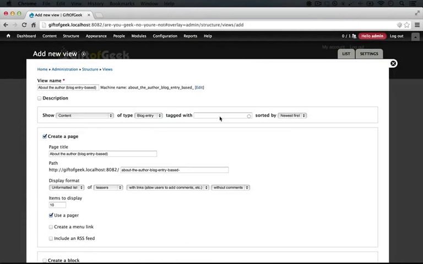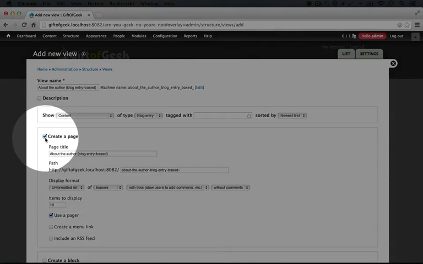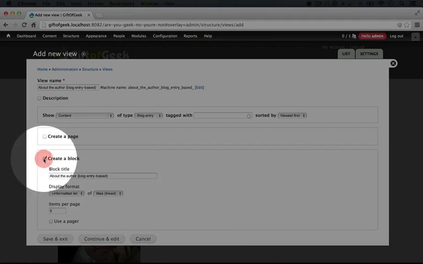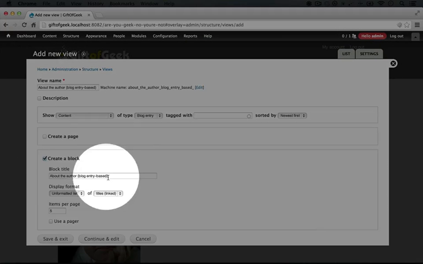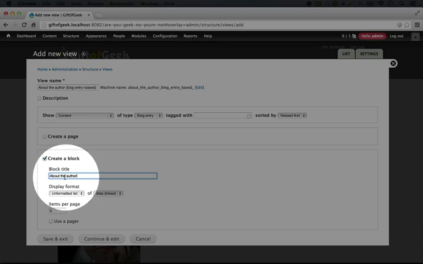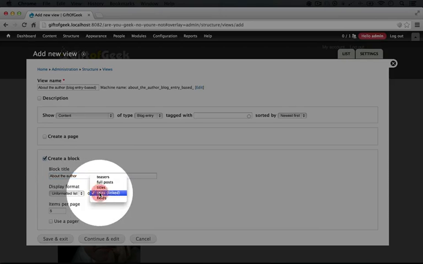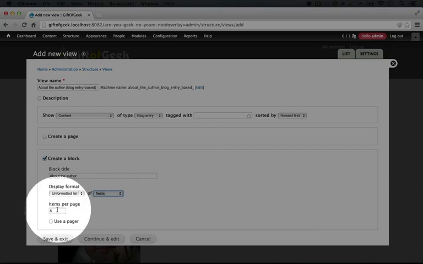There's only going to be one piece of information, so we don't need to worry about sorted by. And this is going to be a block, so we can uncheck create a page and check create a block. We're going to name this block about the author and remove this blog entry based. This block title should be about the author in order to match up with our wireframes. So we'll go ahead and remove the last part. We'll display this format as an unformatted list like we did before, and we'll set this up to use fields. And we only want to display one item, and we'll move on to the next screen by pressing continue and